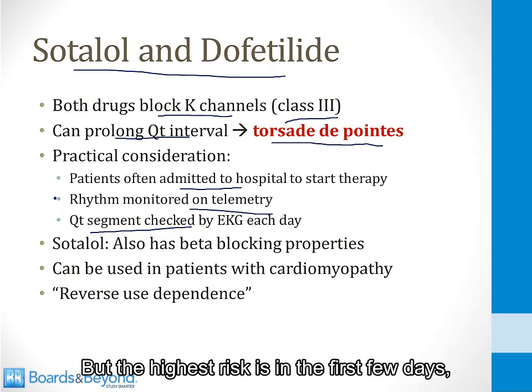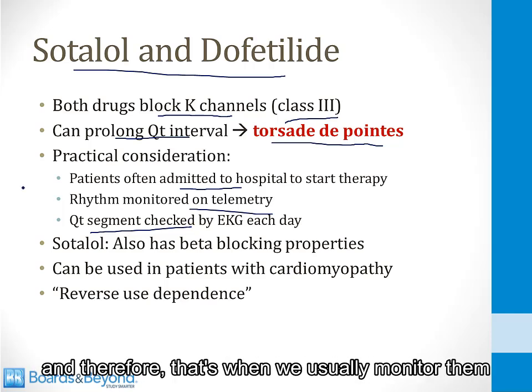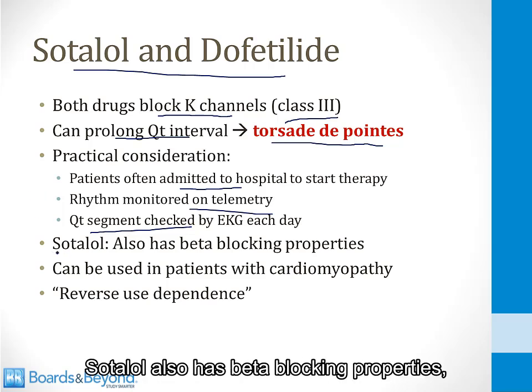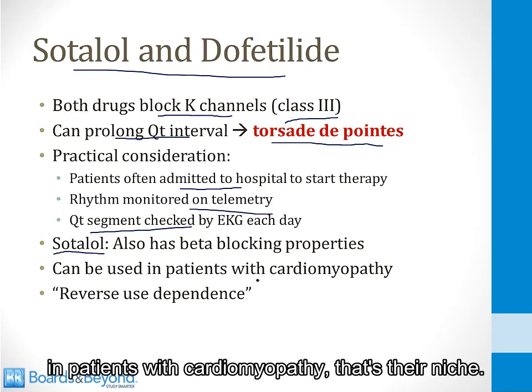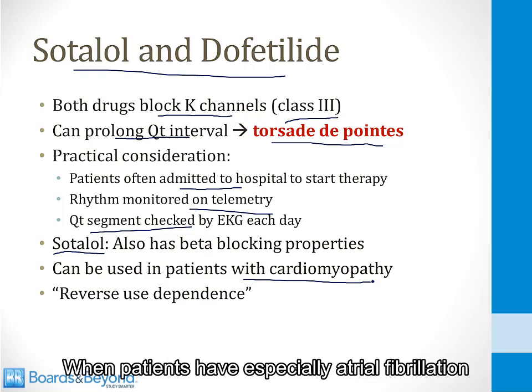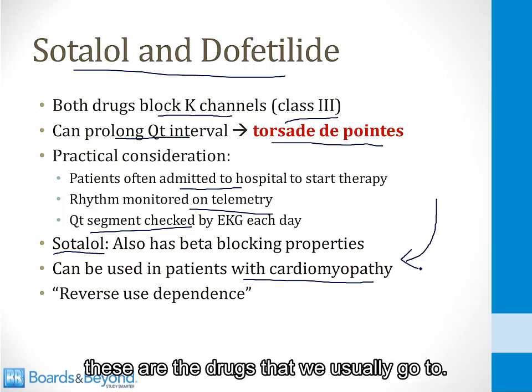But the highest risk is in the first few days, and therefore that's when we usually monitor them in the hospital. Sotalol also has beta-blocking properties. That's why it ends in -alol like other beta blockers. Both of these drugs can be used in patients with cardiomyopathy. That's their niche. When patients have especially atrial fibrillation and a depressed ejection fraction, these are the drugs that we